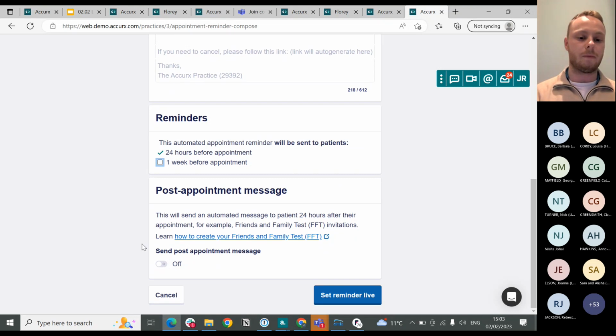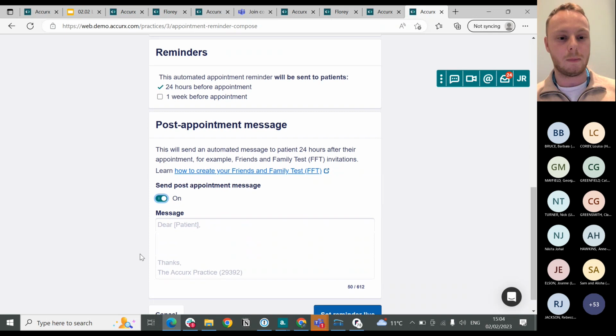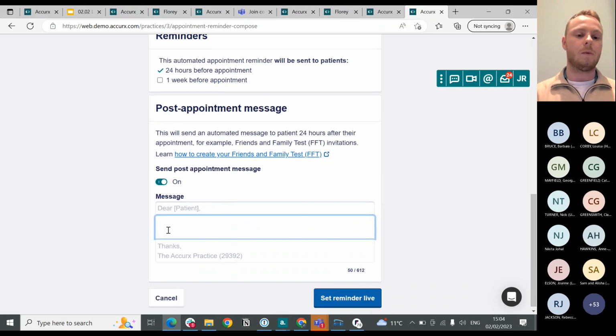And you can also toggle whether you want to send a post-appointment message, which we're going to use for the friends and family test here. This is sent out to the patient 24 hours after their appointment, and is most commonly used for friends and family tests. So if you want to get an insight into feedback from the patient in terms of how their visit to the clinic was, you just toggle this on, and it will come up with the name of the patient and the practice automatically,